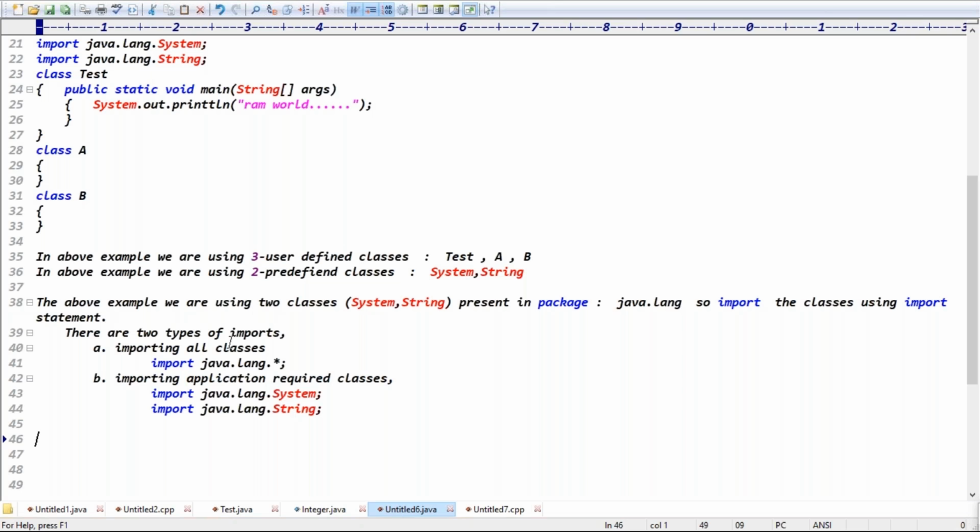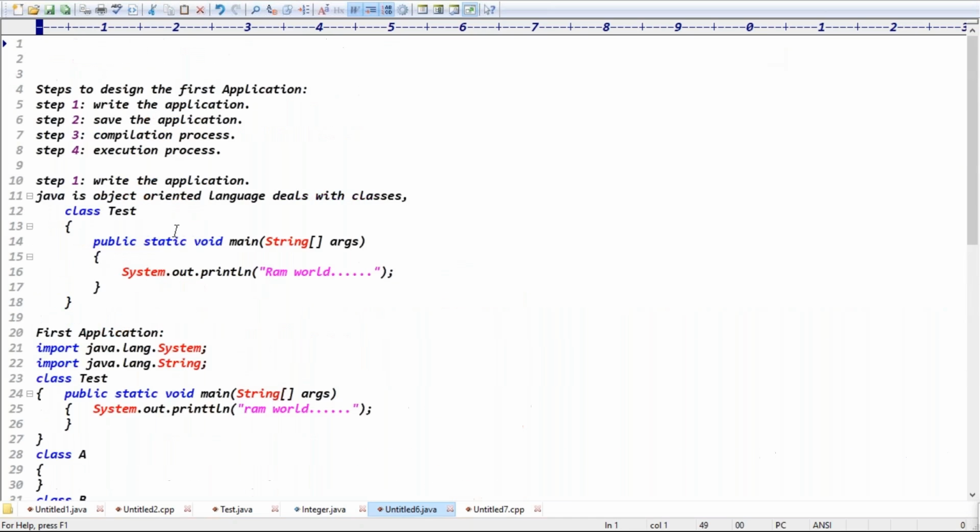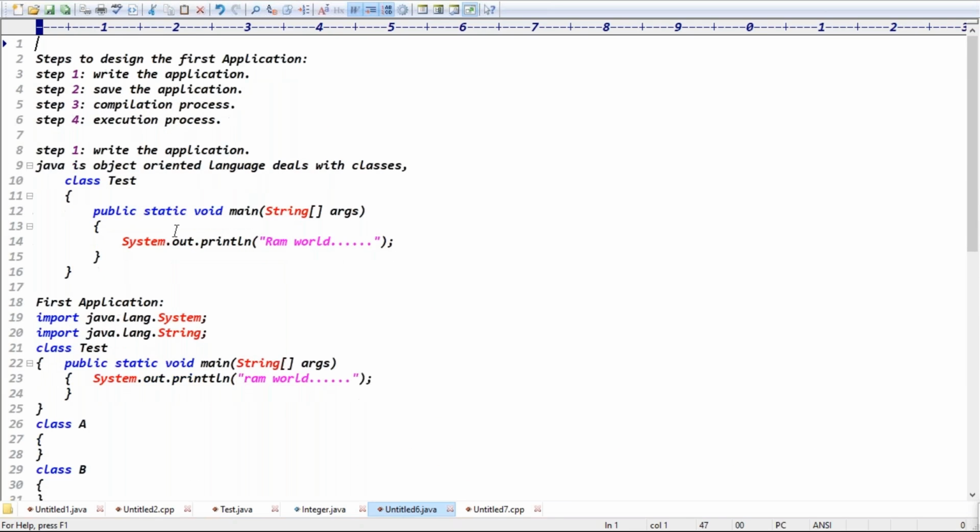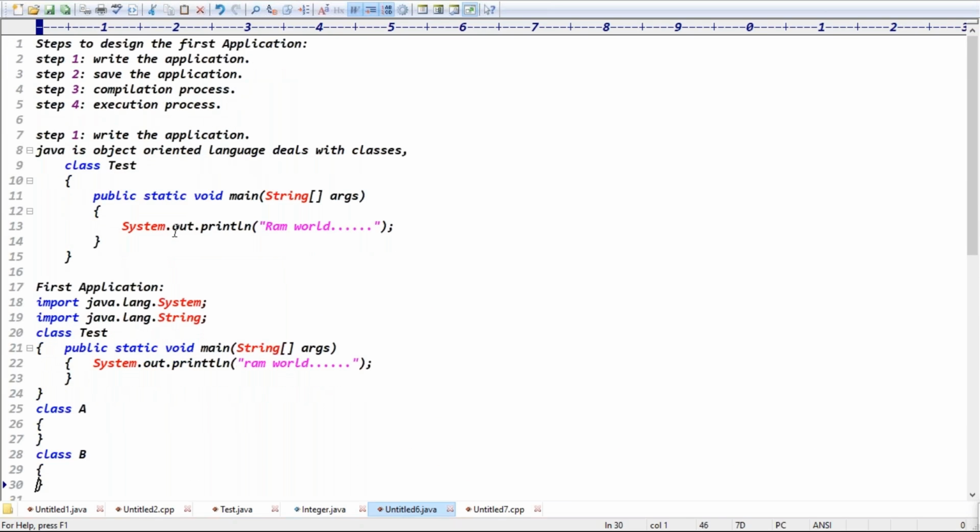Most of your friends, if you ask them, for the last 4 months, 5 months, are still attending core Java classes. Do you agree or not? Guys, yes or no? I don't have the patience to teach for that much time, guys. Try to be in the class, try to understand the content, and try to finish the course in exactly 2 months.